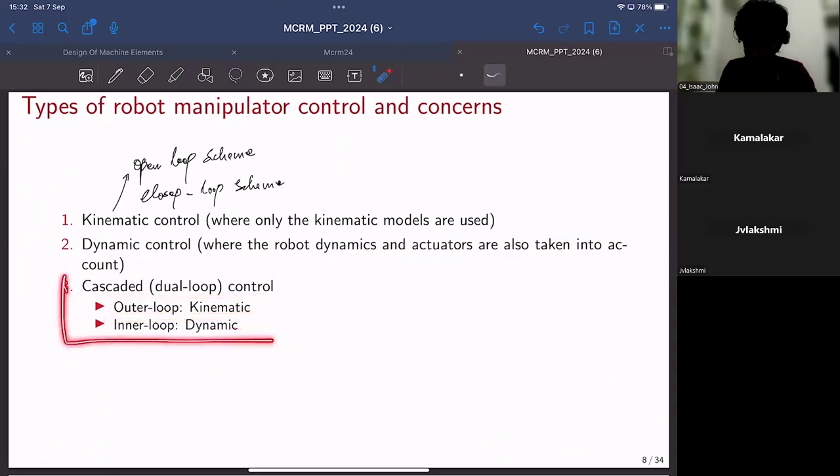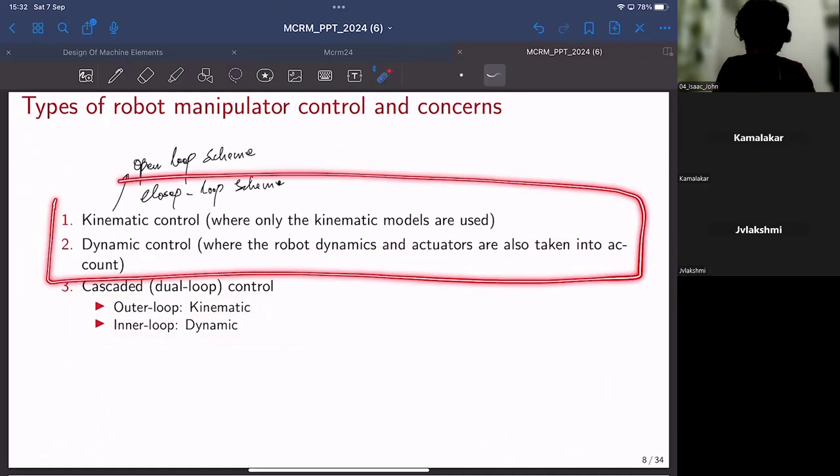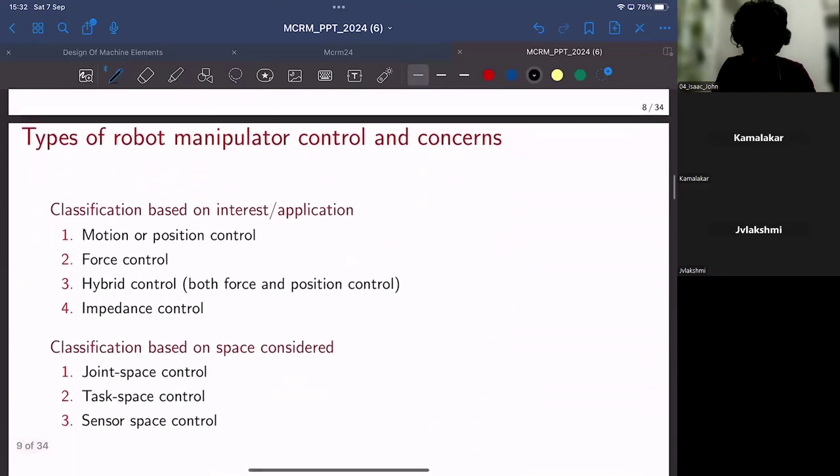So we'll discuss the cascaded loop and its working during next week's lecture. But this week we'll mostly restrict our topics to kinematic and dynamic control. So here as well, in dynamic control, we have two schemes, open and closed loop schemes. Okay, so